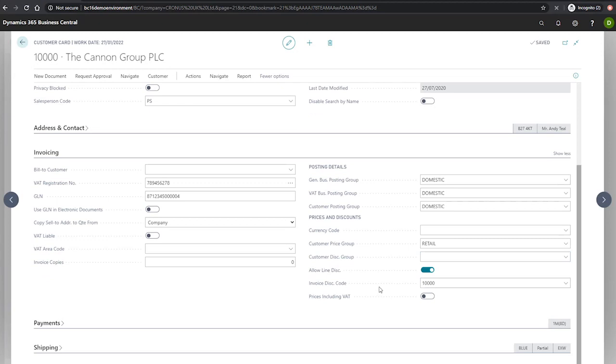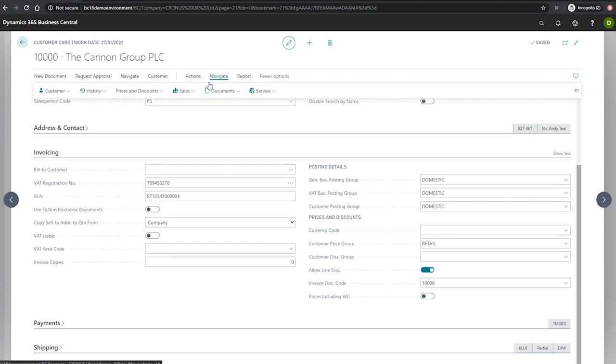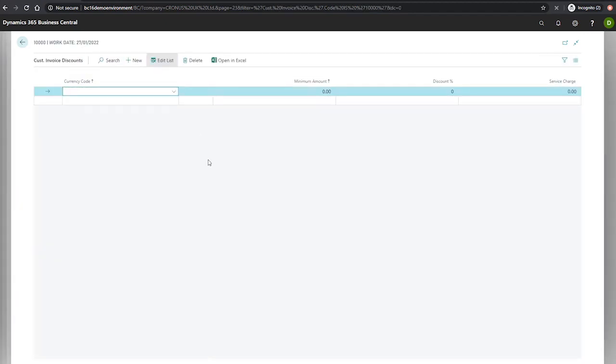We can set this to a different customer's number if we wish to, if that customer has already been set up with invoice discount conditions that we want to copy to this customer. Alternatively, we can use a pre-existing invoice discount code. In the ribbon at the top here, under Navigate, Prices and Discounts, and Invoice Discounts, it opens up the Customer Invoice Discounts page. In the currency code field, we can specify a currency if we wish to allow invoice discounts